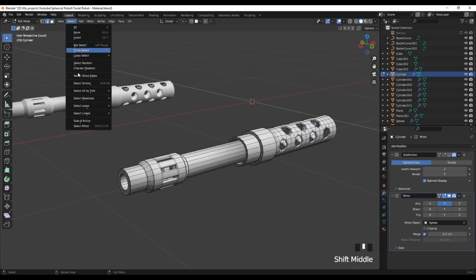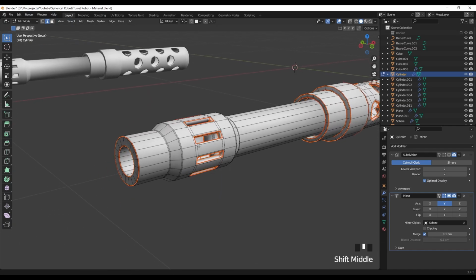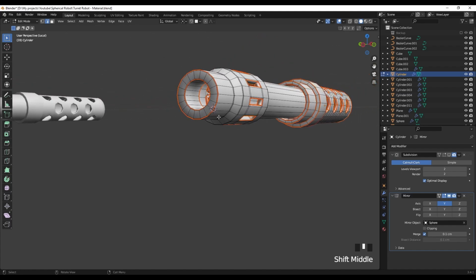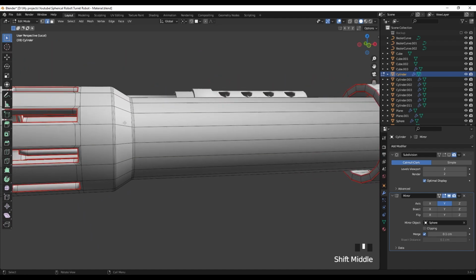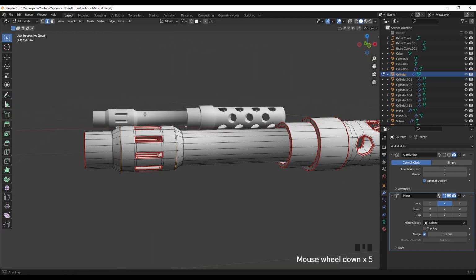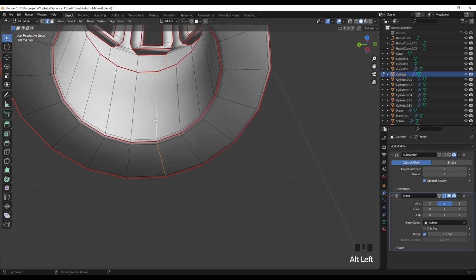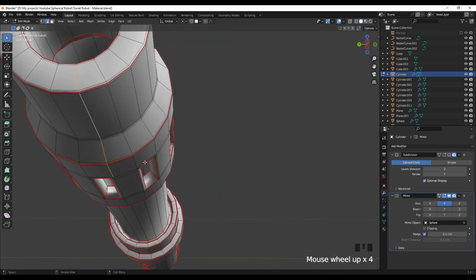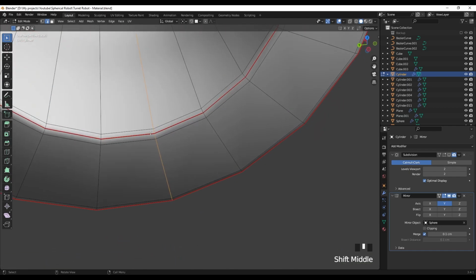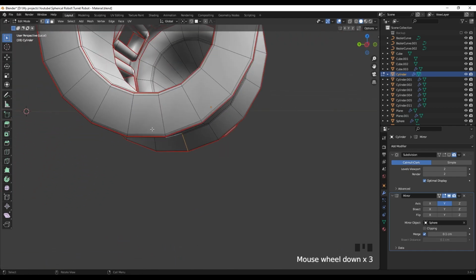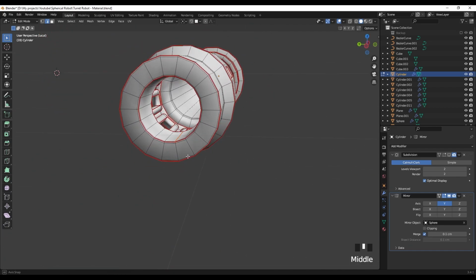Go to select and select sharp edges, right click and mark seam. And also I'm going to add more seams, like from here and maybe here, right click, mark seam. Also from here, let's deselect here. And also we don't need to add a seam to this flat face. So right click, mark seam, and also